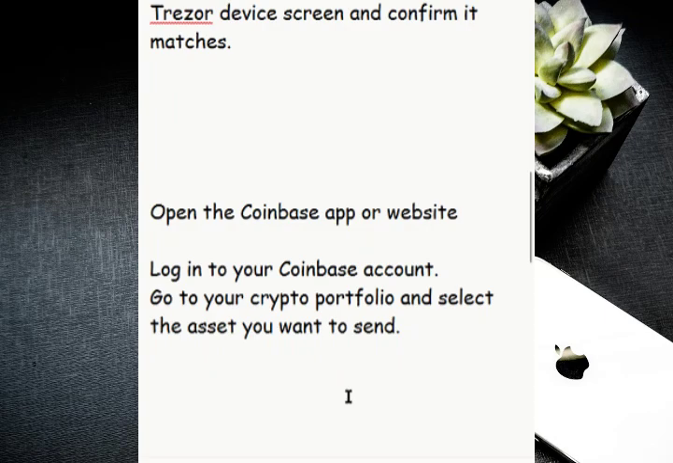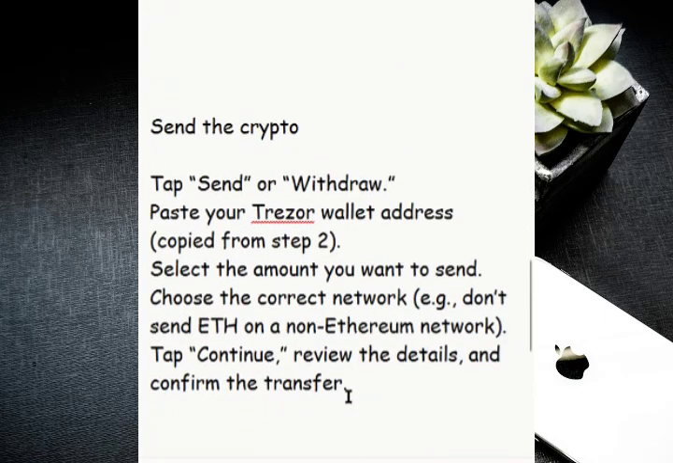Then after that, open the Coinbase app or website, then log in to your Coinbase account. You can also go to your crypto portfolio and select the assets you want to send. Then from there, send the crypto. So to send your crypto, tap send or withdraw. Then paste your Trezor wallet address, copied from step 2, then select the amount you want to send, and